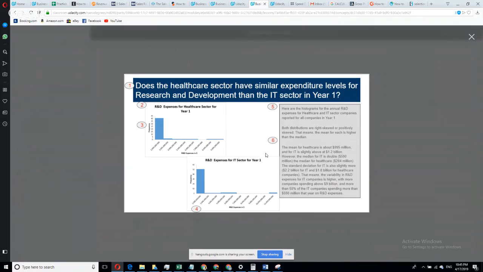So then a good comparison was made, and from that, you see that they didn't just take the mean. They said the mean for healthcare is about this, and for IT is slightly above this. However, the median for IT is double the median for healthcare. Standard deviation is also slightly more for IT, and that means that the variability. See, after you've stated the summary statistics, you have to interpret it. That means that the variability in research and development expenses for IT companies is higher, with more companies spending over 9 billion and more than 50% of the IT companies spending more than 590 million that year. Right. So